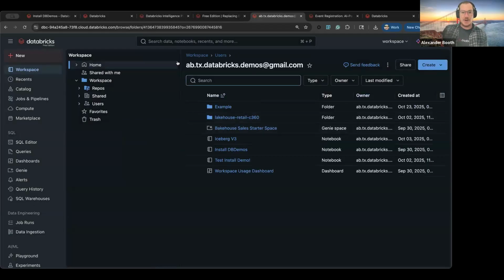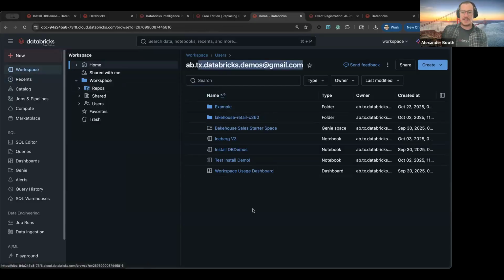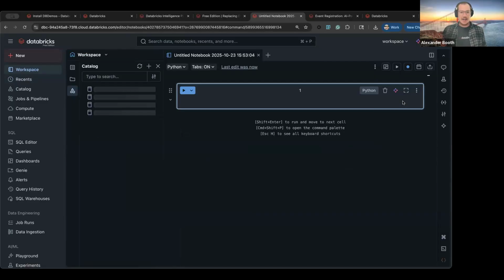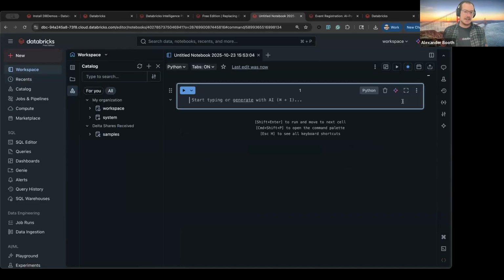Once we've navigated to our workspace, technically it's going to be your personal user workspace, and that should hopefully be the default if you click on workspace. We're going to hit create and go down to notebook. This creates a new notebook where we can write Python, SQL, even other languages, and we can even mix and match between Python and SQL. You'll have a lot more experience actually working in notebooks, writing code, and generating data products inside of Databricks during the